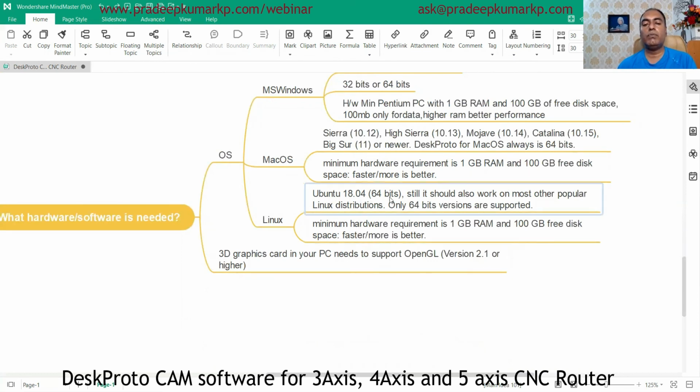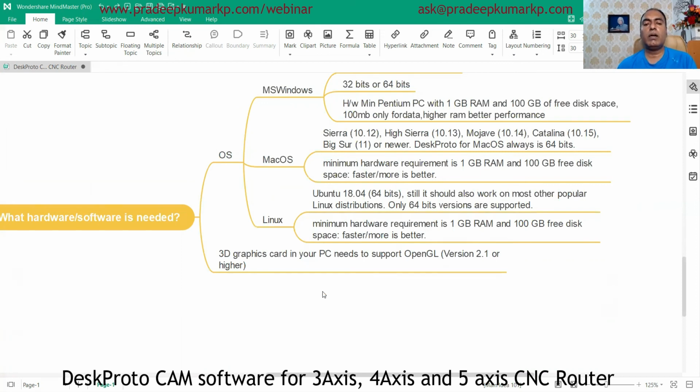Ubuntu 18.04 for 64 bits, and most of the popular Linux platforms will work. The 64-bit versions are supported, and the hardware requirement is the same, only 1 GB RAM minimum, but better go for higher RAM.